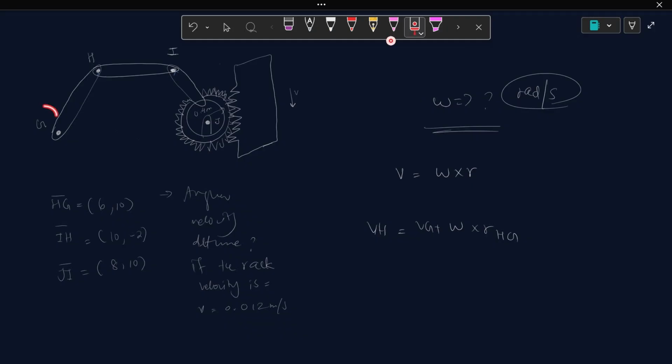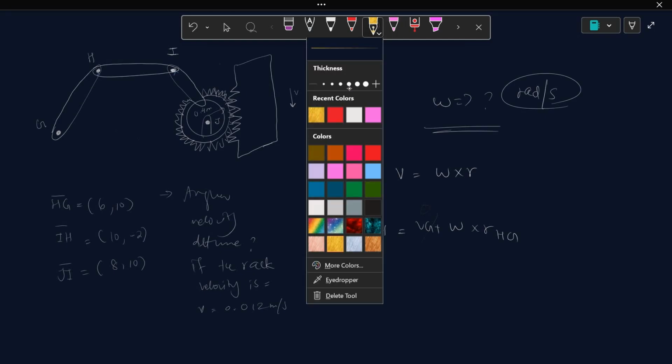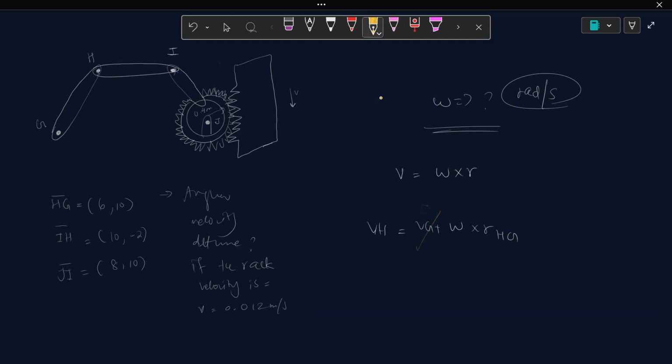But since this is at the origin, that means this is going to be 0. Okay, so this is basically 0. It's not that visible. So since this is 0, we're only left with this formula over here, and so this basically